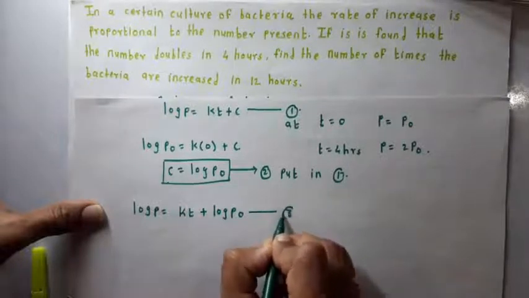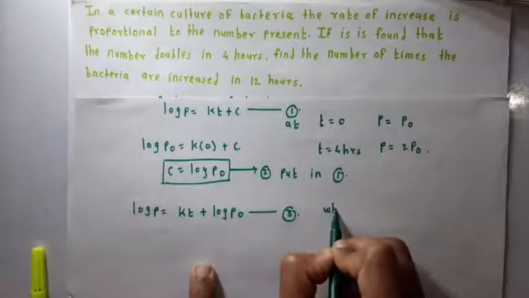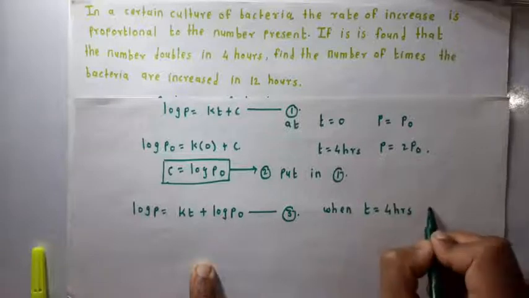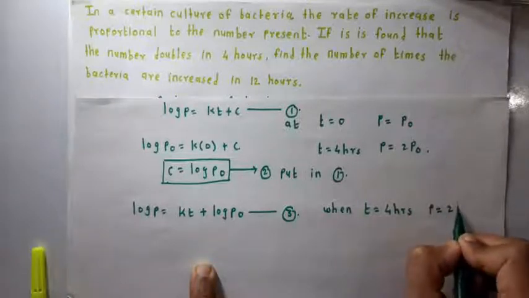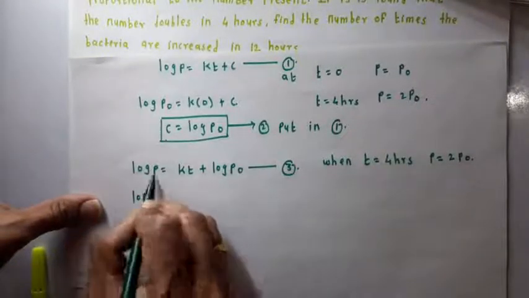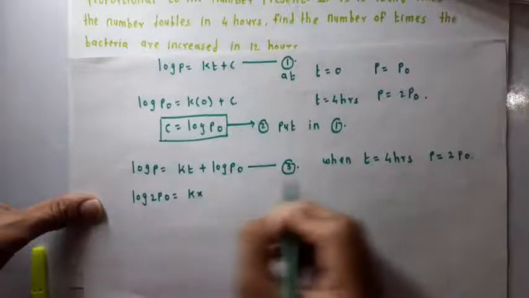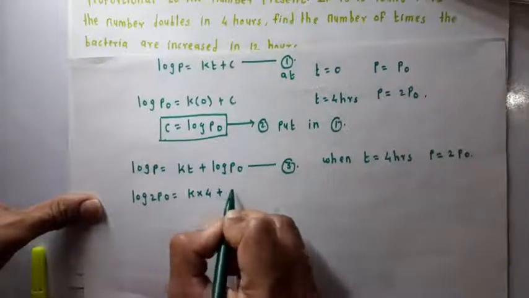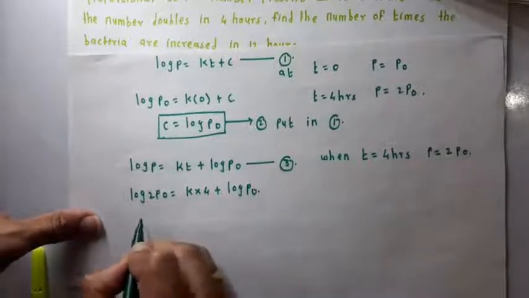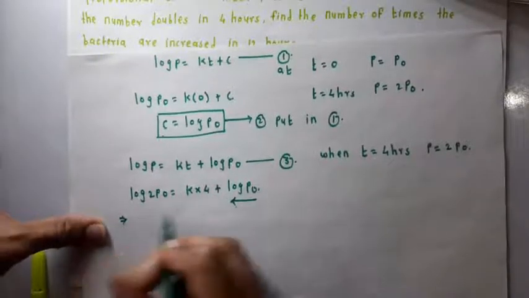This is equation 3. After 4 hours, when t equals 4 hours, the population is double, meaning P equals 2P0. So log of 2P0 equals K into 4, that is 4K, plus log of P0. This implies, shifting log of P0 to that side, we get